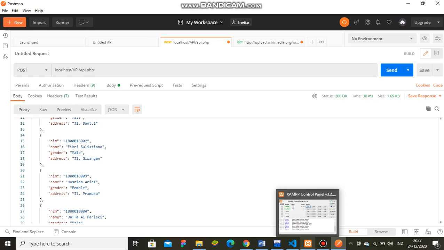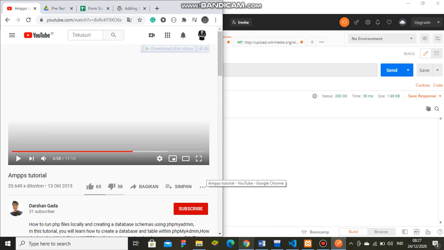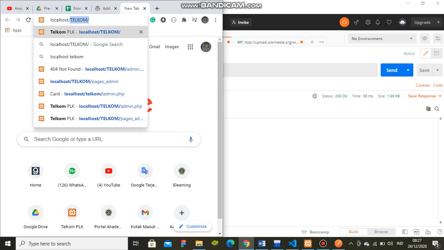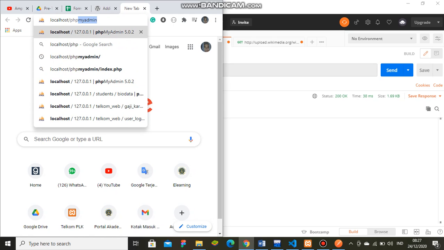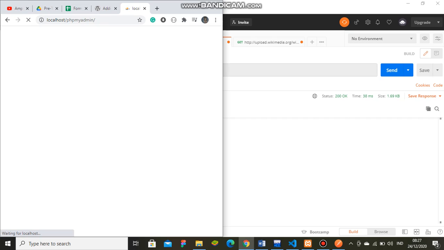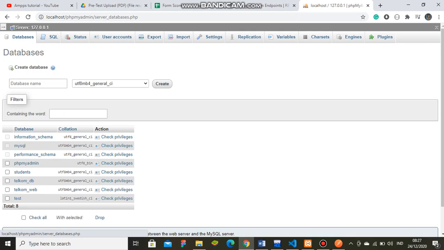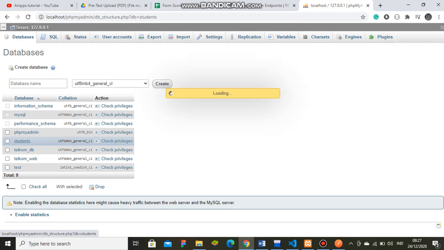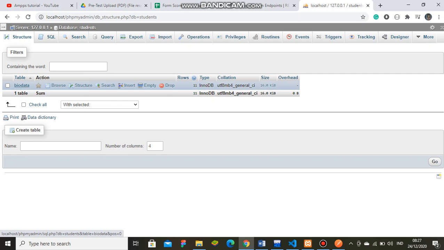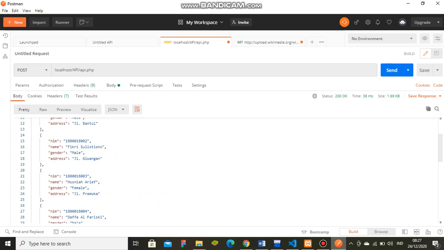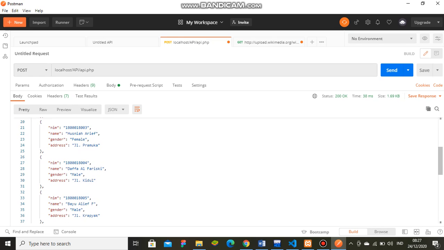First, sorry, localhost phpMyAdmin will show my best students biodata table, and now you can see this is all of my data, and I show it in Postman using the API.